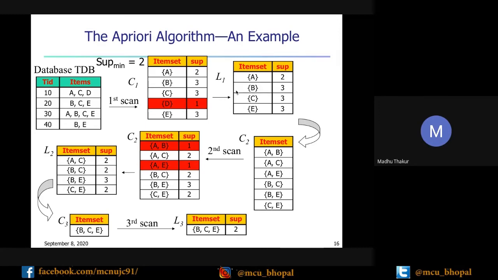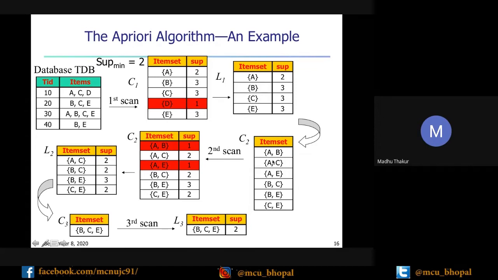A will pair with the rest of the items: A will pair with B, so AB, then C, so AC, then E, so AE. Now we come to B, so again we make a pair with the rest except A, because that is already done. So BC and BE. Similarly, C can pair with the rest except B or A, so CE. So we get these 2 item sets, that is called candidate 2 item sets.